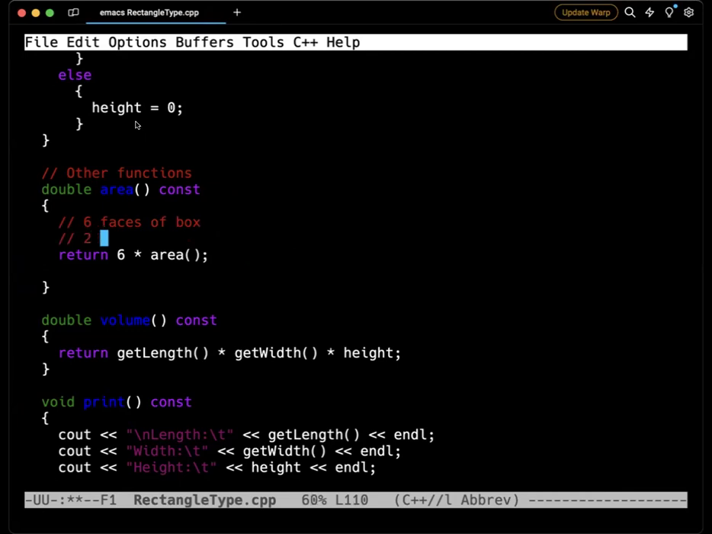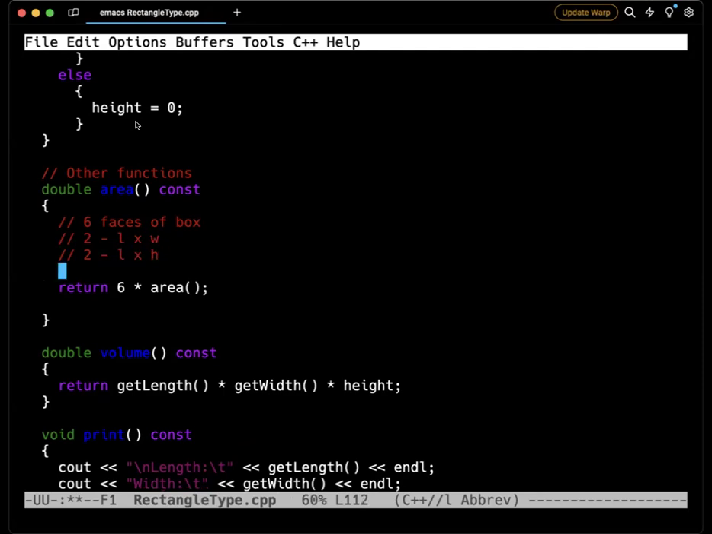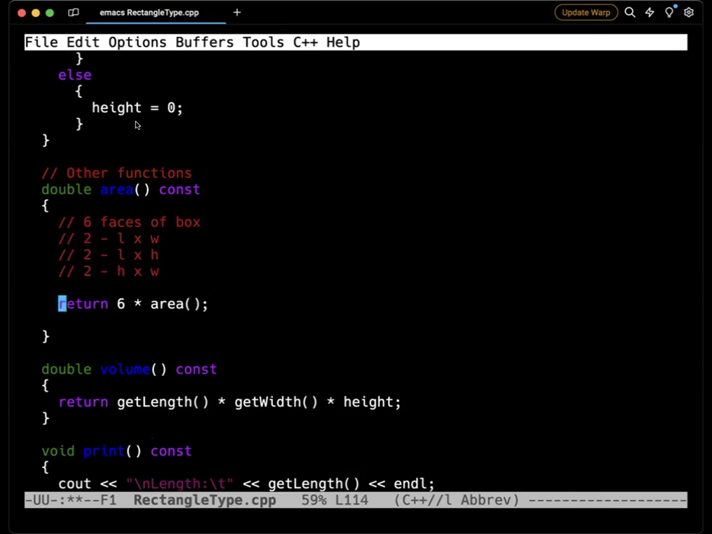2 are going to be the length times width. Okay. And we're going to have 2 that are the length times the height. And we're going to have 2 that are the height times the width. Okay. So the length times the width, I'm also calling area from area, which is a recursive call that I don't want. Okay. So